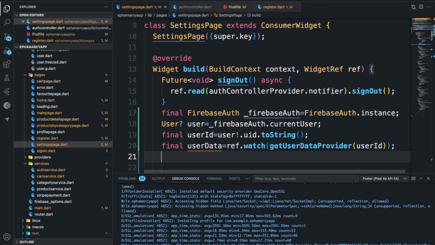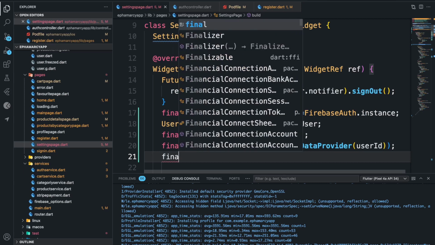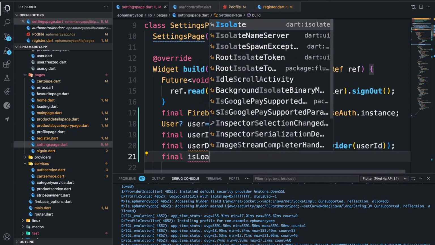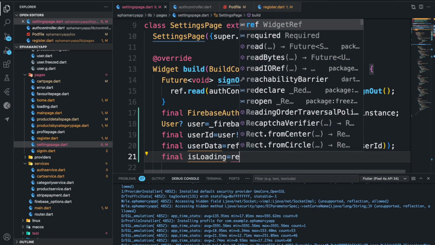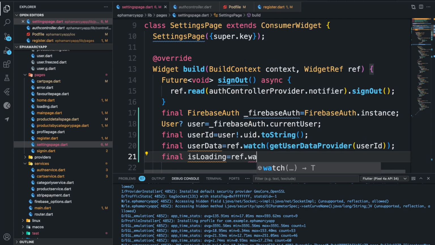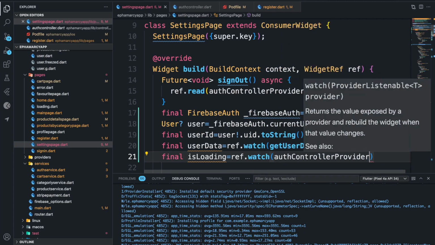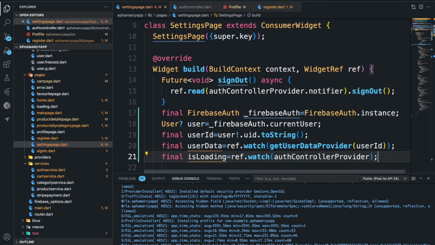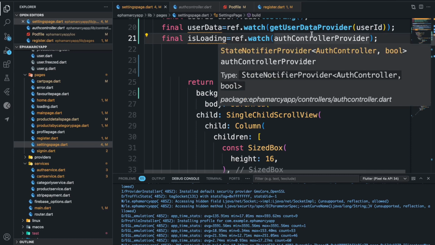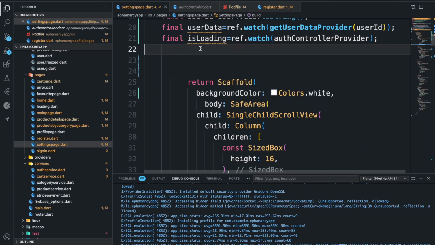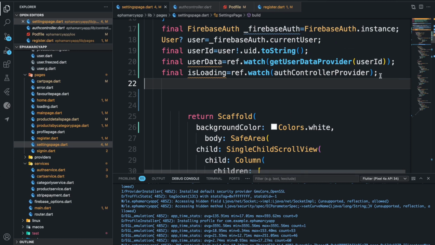Now the next step is we need to check is loading, which is equal to ref.watch auth controller provider. Okay. All right, so now what we need to do is just some modifications, right? So we are just going to say